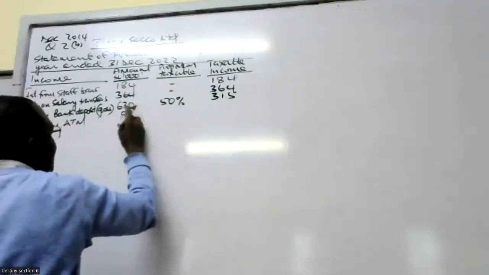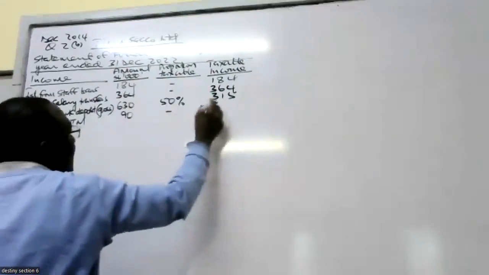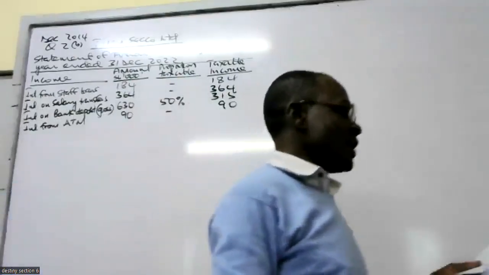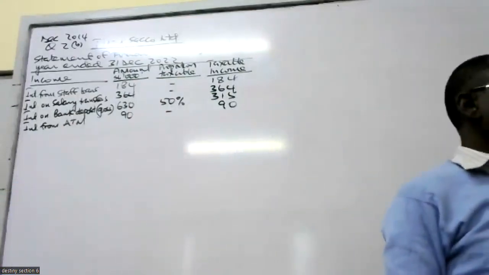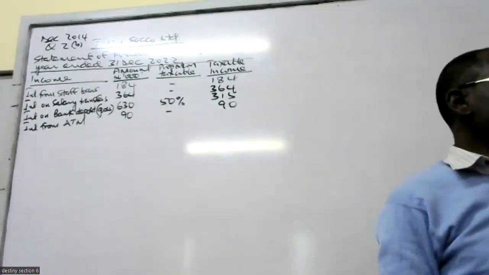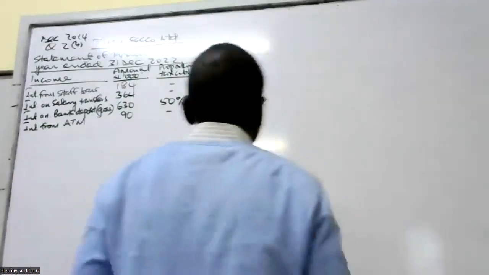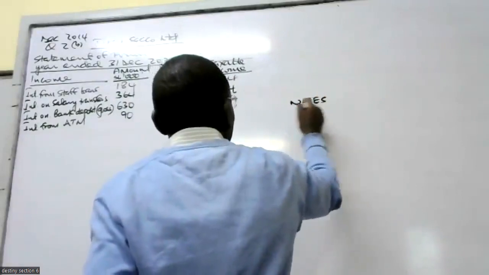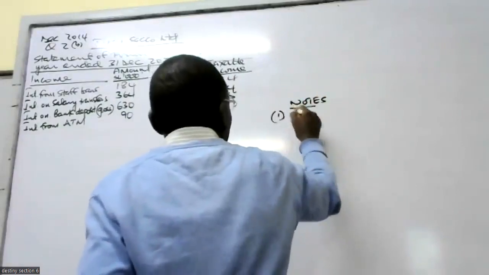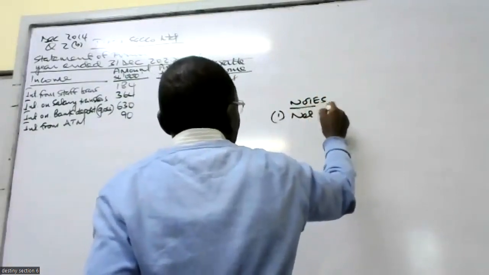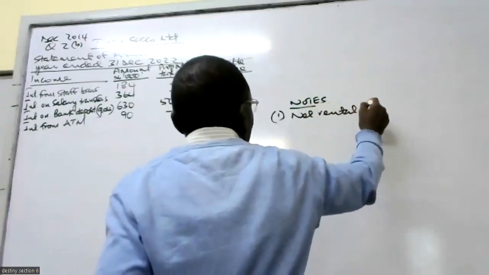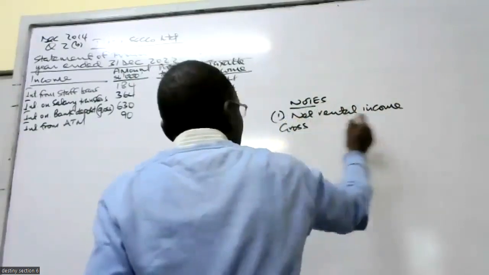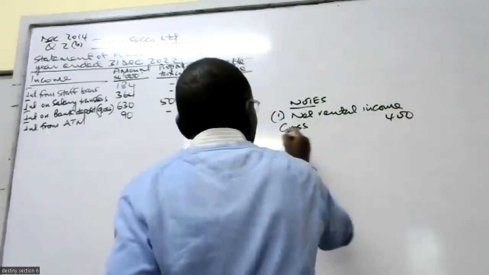So we don't have a percentage for that. If you remember, we did not have rent income, so we will need to compute the net. I'll put a working note here. We look for net rental income. The gross amount is given as 400.